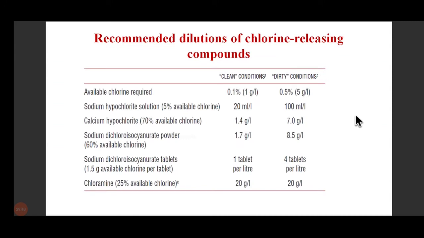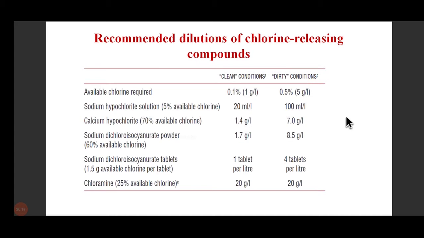So, recommended dilutions of chlorine releasing compounds. We have a different set of conditions, depending on whether the environment in which it is working is clean or dirty. Obviously, a higher concentration of compound will be needed in dirty conditions, and a relatively lower concentration is required in clean conditions. So available chlorine of 0.1% is required in clean conditions, and